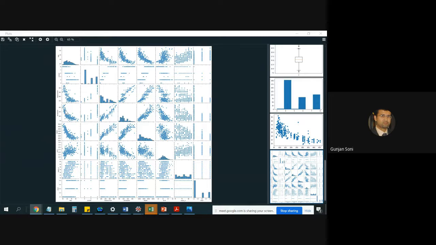Yes, my question is acceleration and MPG. Do you think that there could be a possibility of relationship between acceleration and MPG? I think yes. If you accelerate too much, your average actually falls. But by looking at this data, it looks dicey. I mean, we are not sure.